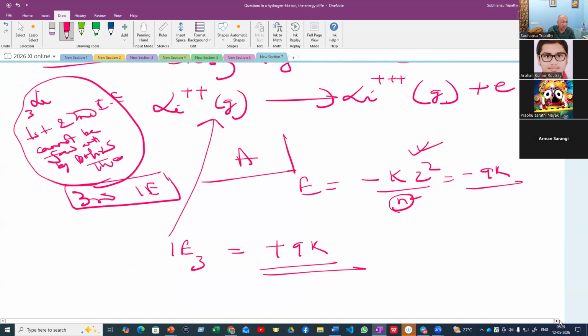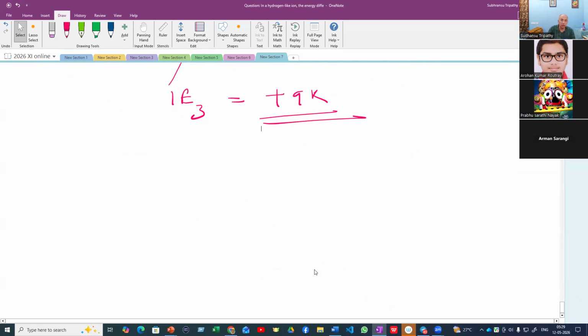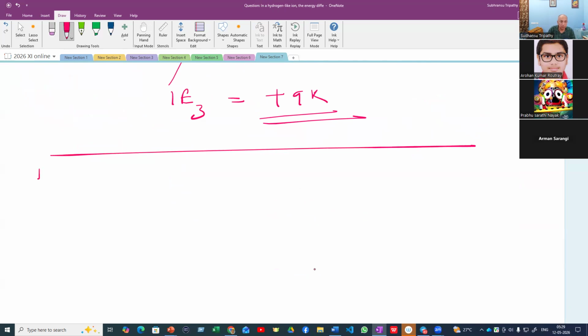Then you put the value of k and calculate per species, per one ion of Li double plus. And for Avogadro's number, for 1 mole, you multiply. Okay. Then coming back to the derivation part,